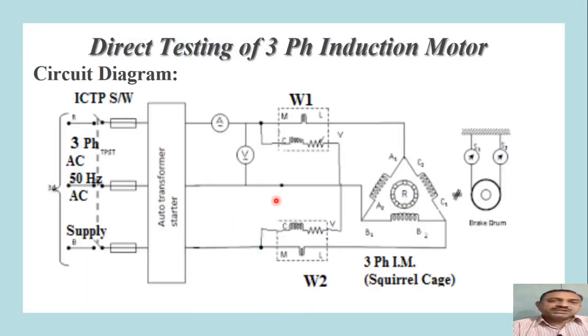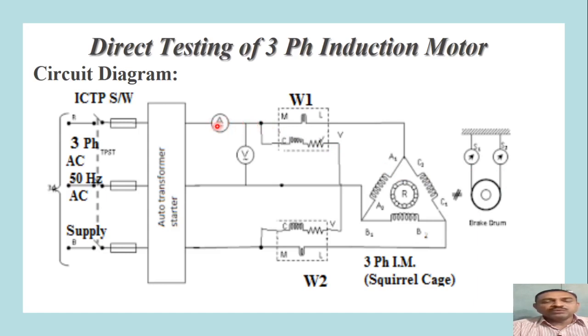Now we'll discuss the direct testing as applicable to the three-phase induction motor. The three-phase induction motor can be tested directly by this particular setup as shown in the circuit diagram. You can observe in this circuit diagram that there is a three-phase squirrel cage motor. The motor is to be provided with a brake drum arrangement, because we have to load it to get the various parameters. On the input side, we need to connect various meters to get the input parameters, like we